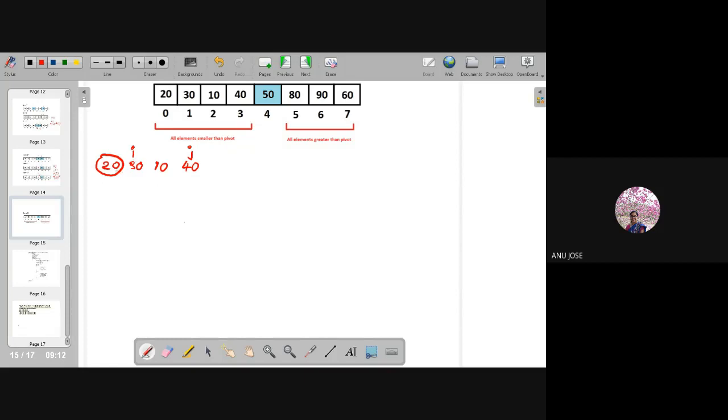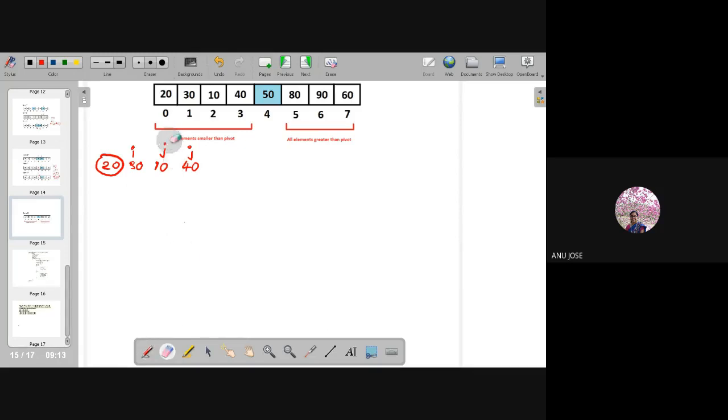So comparing the pivot element with the ith location and jth location one by one. First I will be checking with I. A of I, the value present in the ith location, that is 30, is a larger value. So the movement of I is stopped over there itself. And comparing with j, the jth location is holding 40 as the value, which is a larger value. So j should decrement. So j will be coming to this particular location, because this was a larger value. And now in the jth location, it finds a smaller value, that is 10.